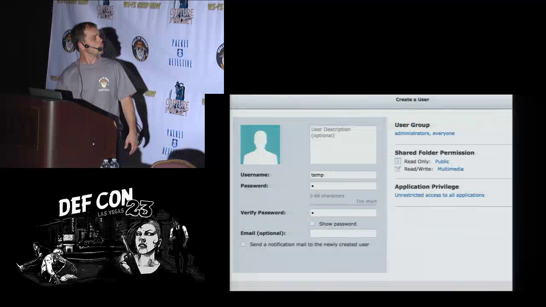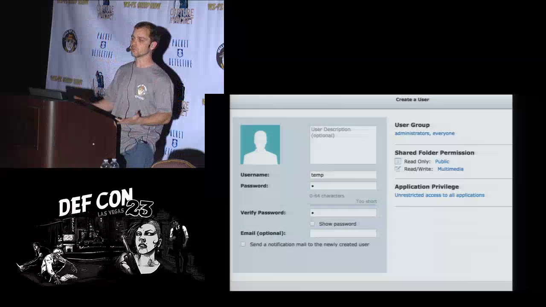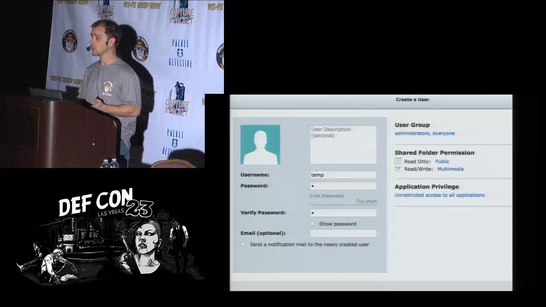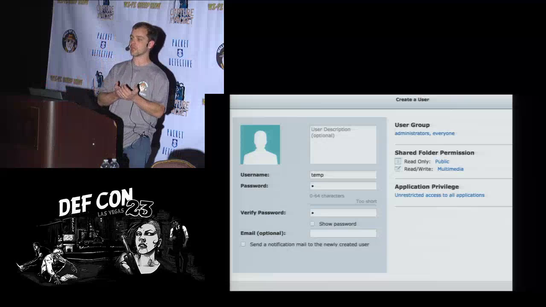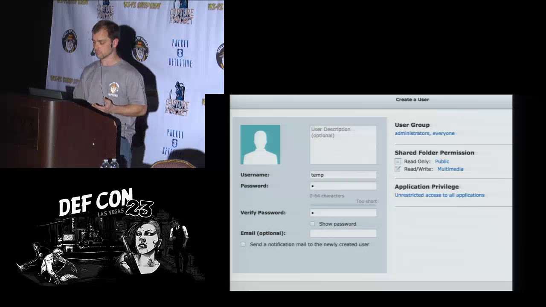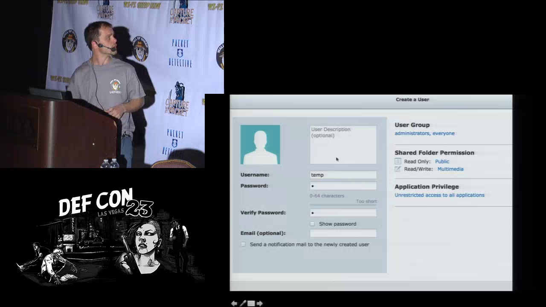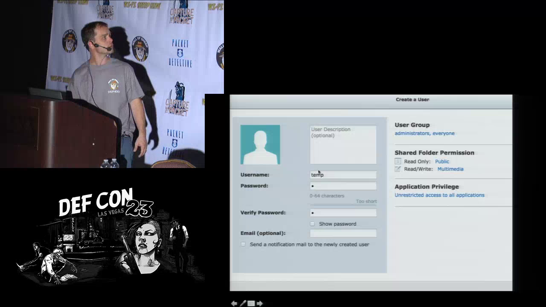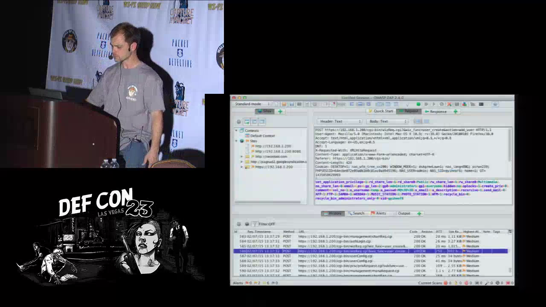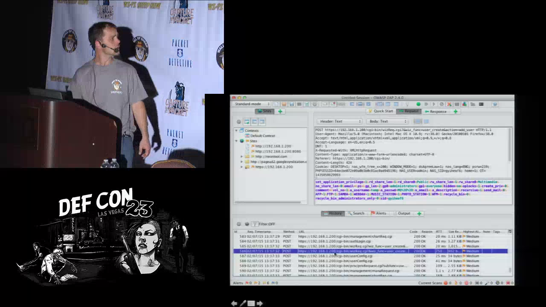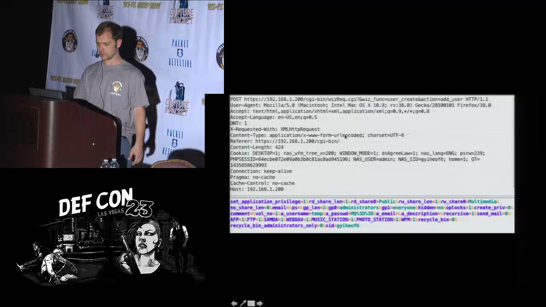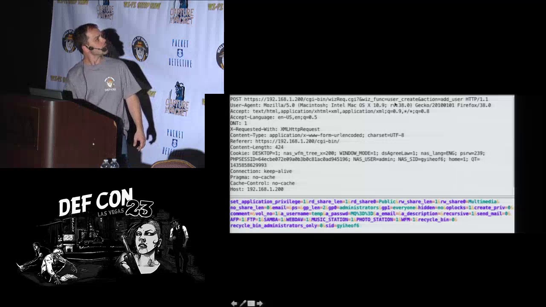So I said, okay, if I want to get to root, can I then potentially create an administrator account on the system? So I'm an attacker. I want to get my own admin privileges on the system. So I took a look. I ran here, and here I'm going to create an admin privilege user called temp with a super strong password of a single character. And I'm going to see what that message looks like here in OWASP Zap. And if we do that, we can see here's the information.